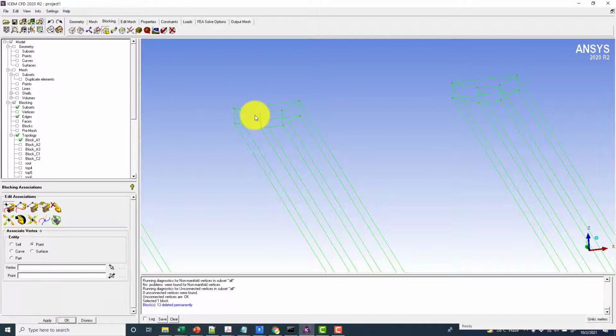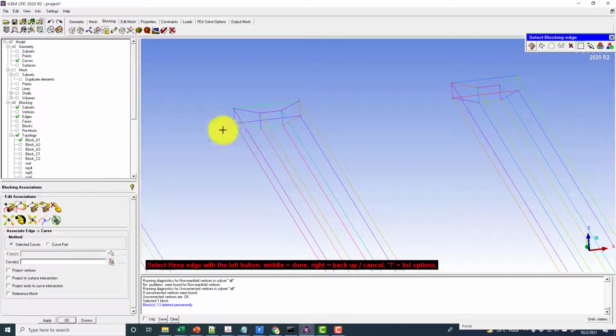Keep in mind that it's not necessary to associate all the edges to all the curves, only the important periphery edges. But since we did it for all the edges, I don't want to leave this one edge, so I'm just going to associate this edge as well.